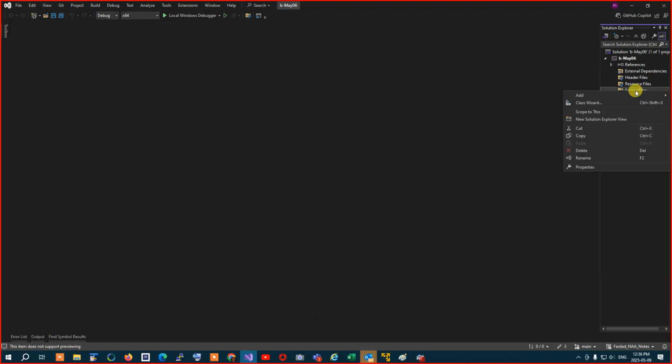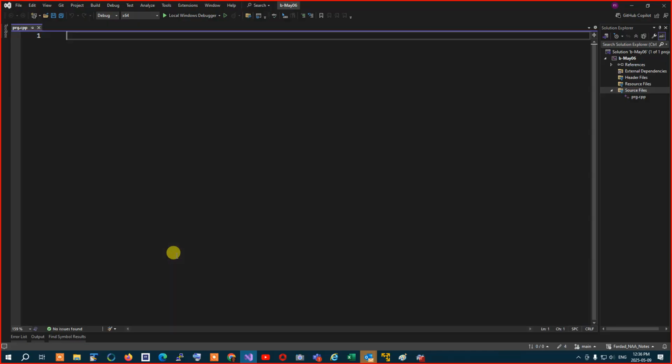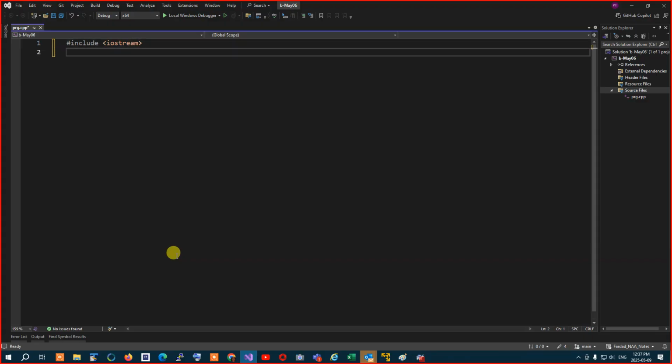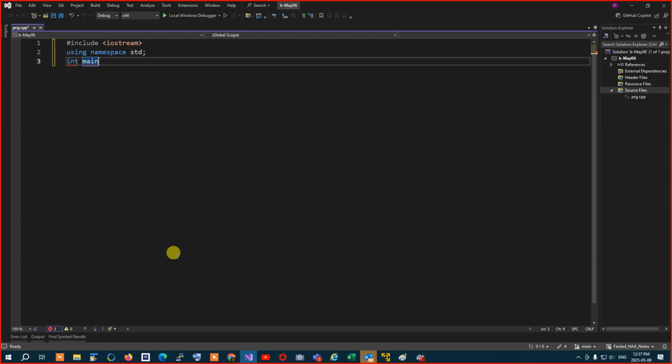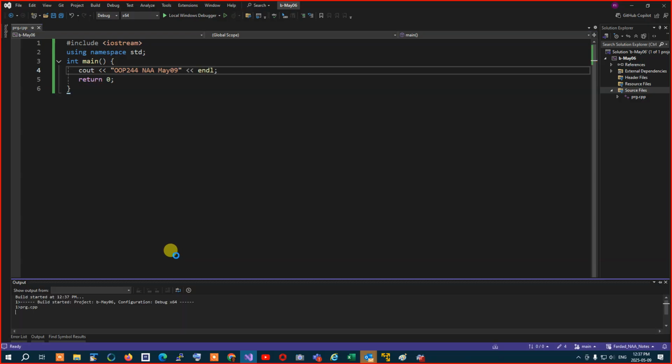And then in here, I'm going to add a new file, prg.cpp, and I'm going to start typing: include iostream, using namespace std, int main, return 0, and then in here I'm going to say cout OOP244NAA May 9th. Compile and run, make sure everything is good. It compiled, it ran,